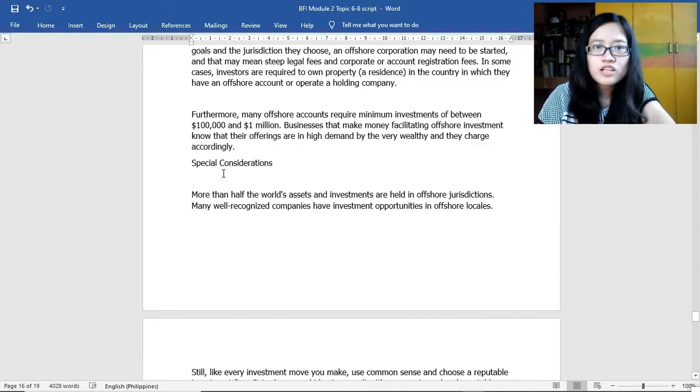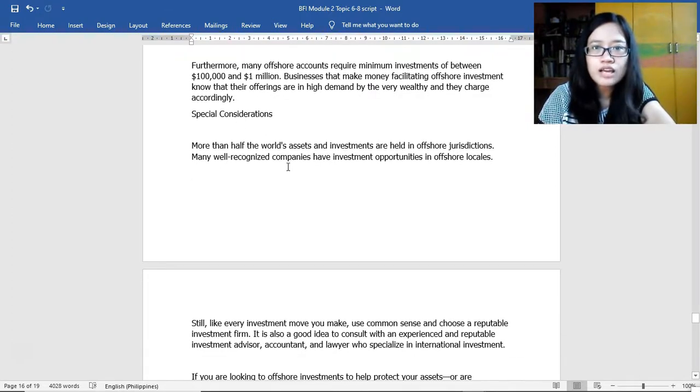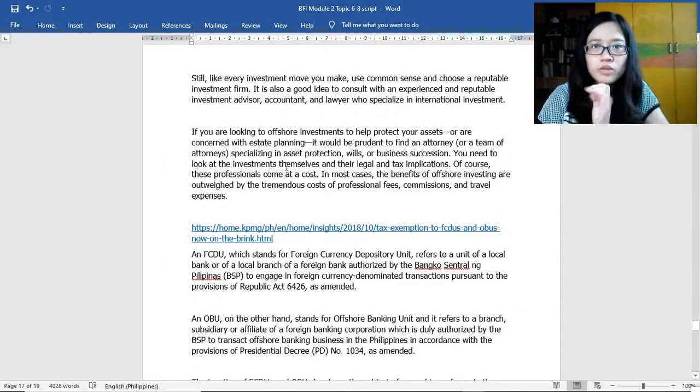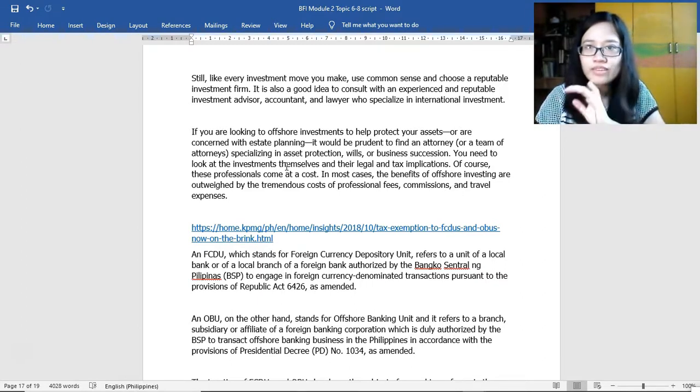Special considerations: more than half the world's assets and investments are held in offshore jurisdictions. Many well-organized companies have investment opportunities in offshore locales. Still, like every investment move you make, use common sense and choose a reputable investment firm. It is a good idea to consult with an experienced and reputable investment advisor, accountant, and lawyer who specialize in international investment. Okay. Currently, there are a lot of scams going on, so you have to make sure